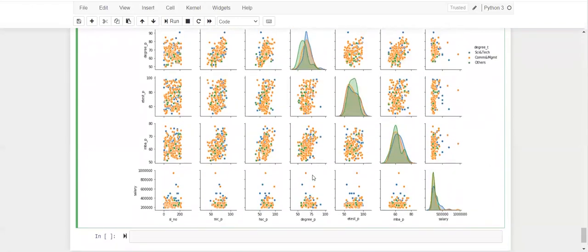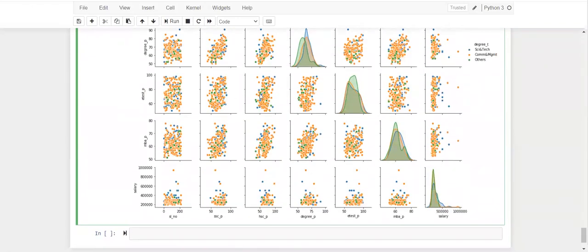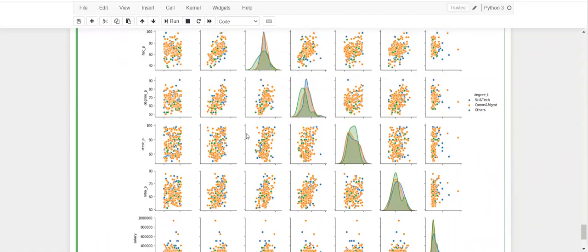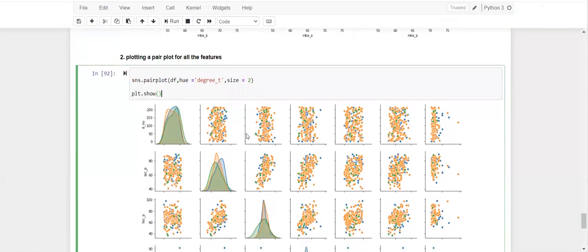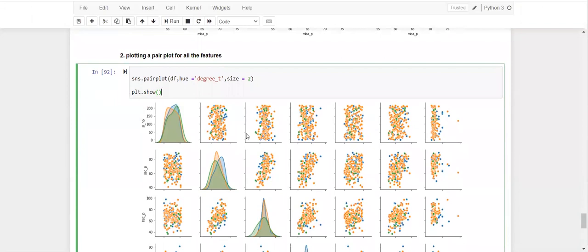So this was a brief explanation about how we can do multivariate, bivariate, and univariate data analysis. I'll also upload this notebook to GitHub. Feel free to go there and explore more on how we can do the analysis. But this was a brief description of how we do it.